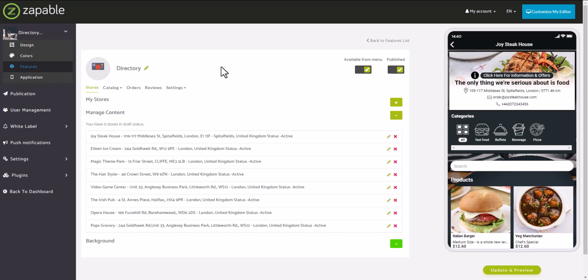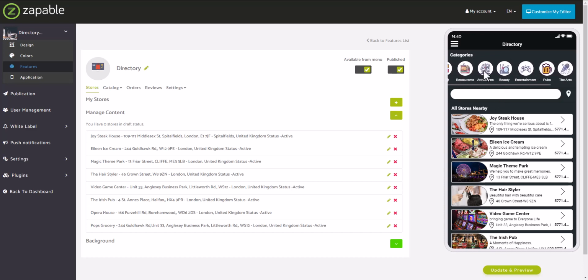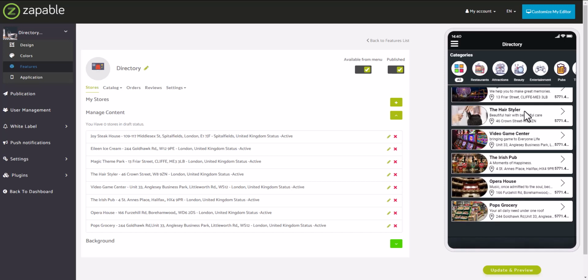Now, you will have had to add a store to your app to begin with in order to open up the functions, but once you've done that, you are free to use any of the settings within the directory feature or within the commerce feature that we're using to produce the directory. So as you can see, we've got a number of businesses here inside our directory. And if I go back to the home section of this directory feature on the app screen here on the right hand side, what we have across the top is our store categories. So in this one, we've got restaurants, attractions, beauty, entertainment, pubs, the arts, and groceries. And then underneath, where it says all stores nearby, we have the actual businesses that we have listed here within